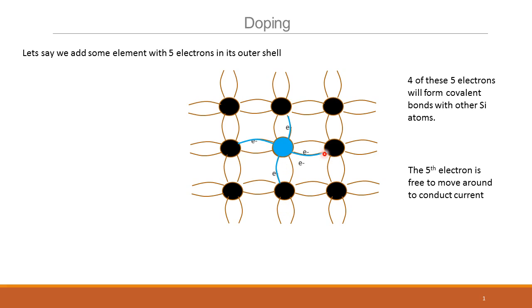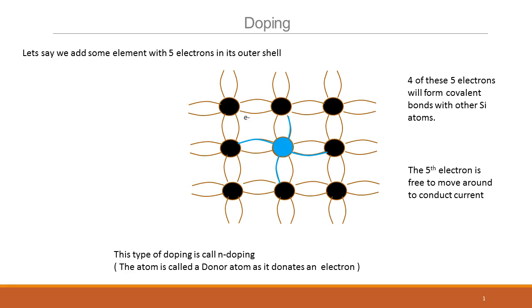So these electrons are tied in covalent bonds now and are not generally free to move. It takes more energy to break free from these covalent bonds. Whereas this 5th electron is now free to move. It's not part of any covalent bond. And this free electron is responsible for conduction. You can see it's free, it doesn't take much energy to move it around.